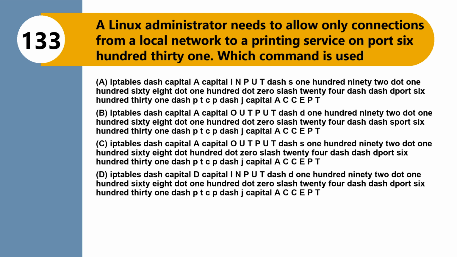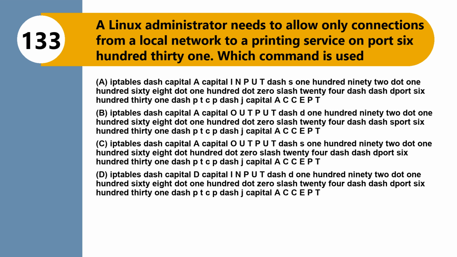Option C, iptables -output -s 192.168.100.0/24 --sport 631 -p tcp -j ACCEPT. Option D, iptables -d -d 192.168.100.0/24 --sport